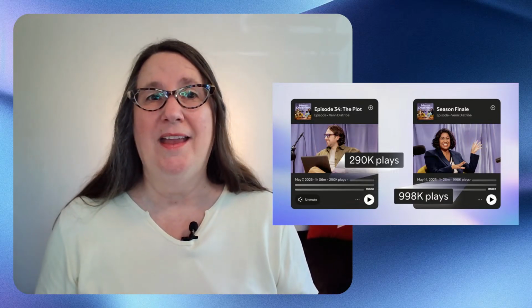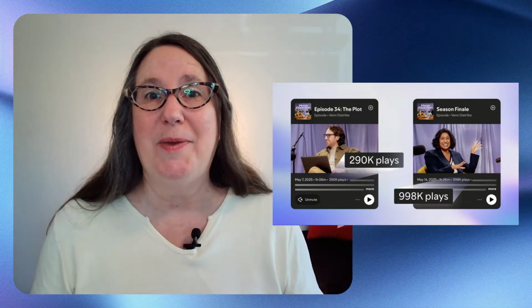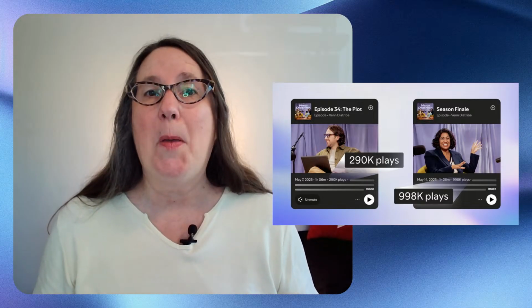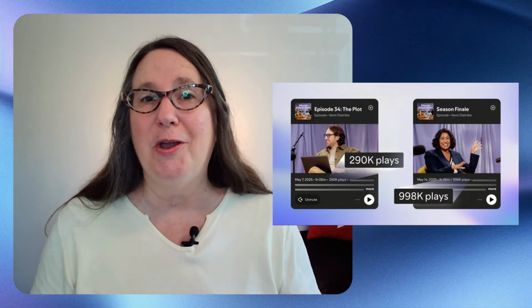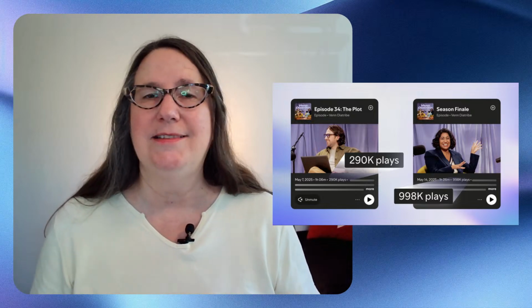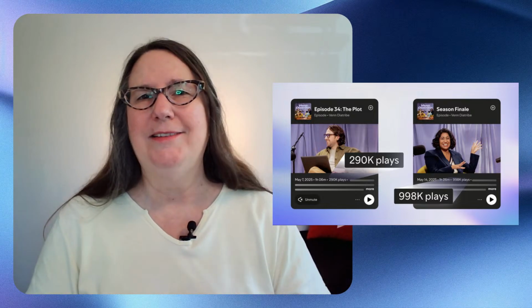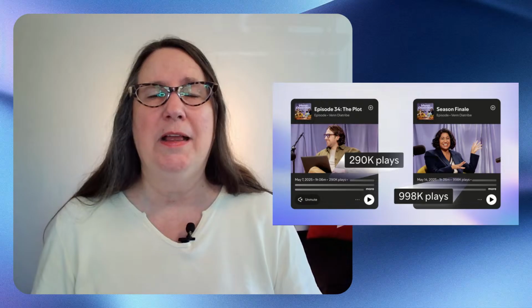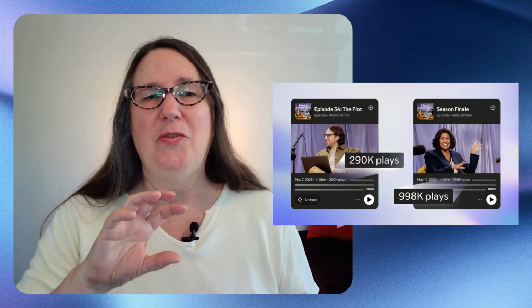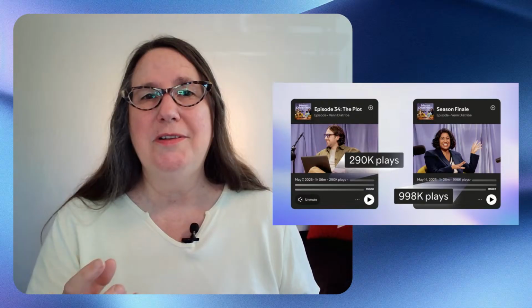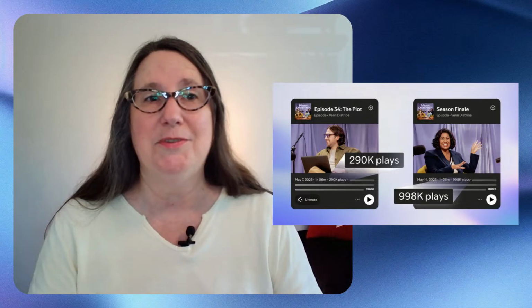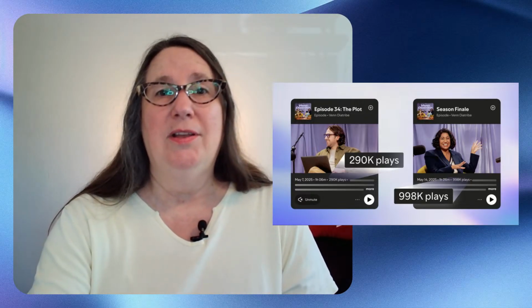Last week, one of the big updates I talked about is that Spotify said they're going to start showing a new metric, plays, on both audio and video of podcasts. The idea is that a play is sort of like a view, except you can't call it a view if it's just audio. They have a total number that's collected from both audio and video, and that's what shows on each episode. So that was last week.